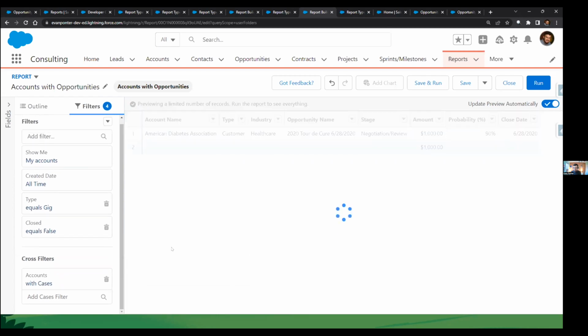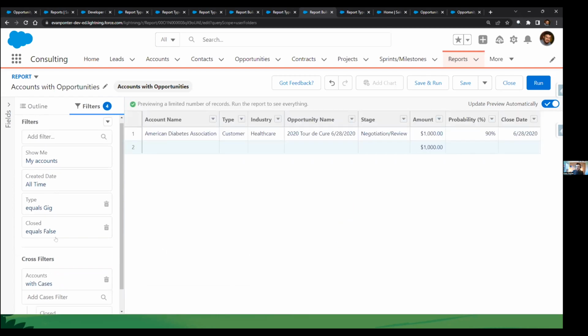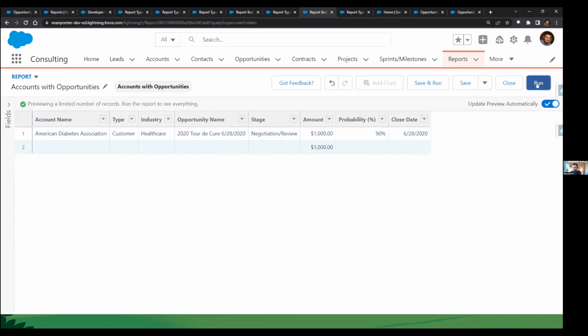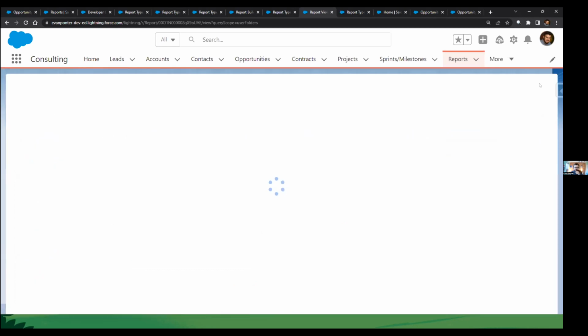So closed equals false. Our result here, without having to export to Excel and do a bunch of comparisons, is I have a report type that shows me opportunities related to accounts. I'm only looking at opportunities that are related to accounts that I own. The type is gig. Those opportunities are open, and the accounts that those opportunities are related to have at least one open case. Super complex, very specific, but we get all of those wonderful results at the few clicks of